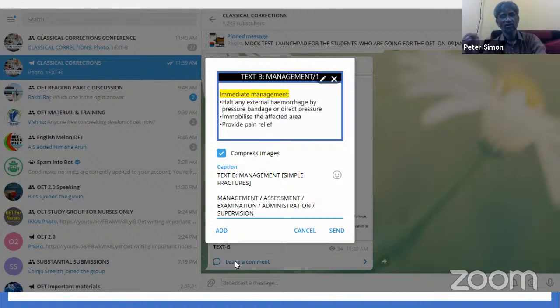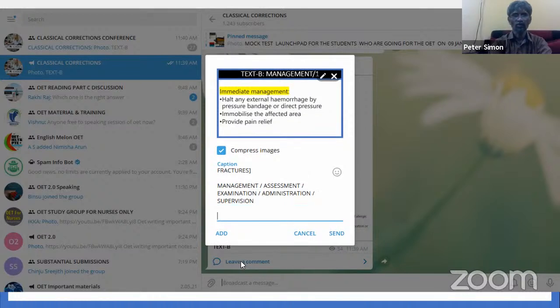Management, assessment, examination, administration, supervision. Simple means common, usual. Synonyms you have to learn, otherwise you will not get the answers. You will never get the answers if you don't know this. Simple, common, usual, normal, ordinary,